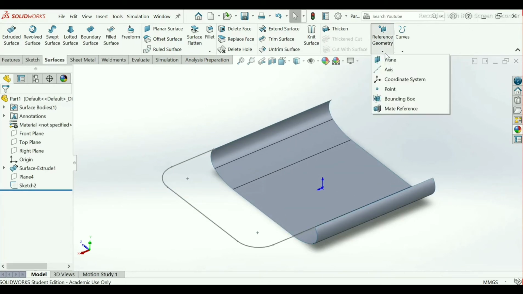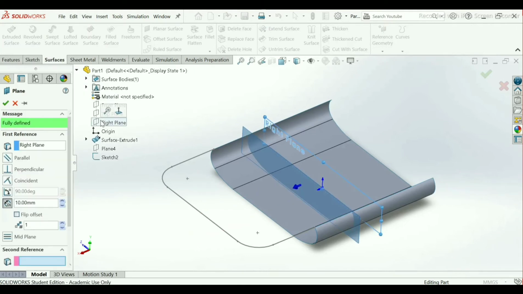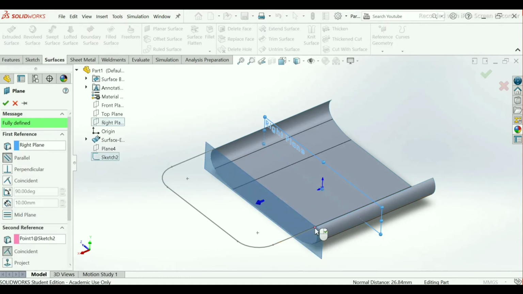Now again go to reference geometry, select plane. Now first reference, scroll down here, take right plane, select this vertex point as second reference. OK.